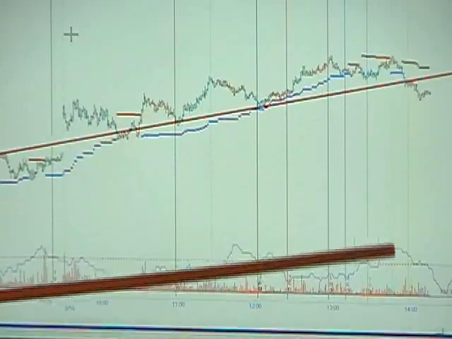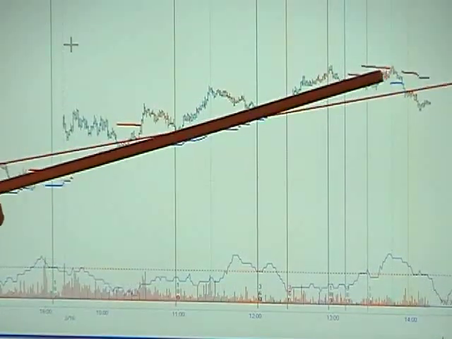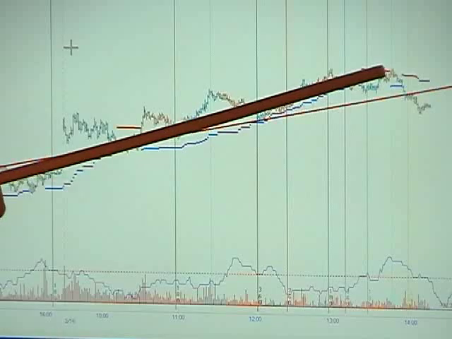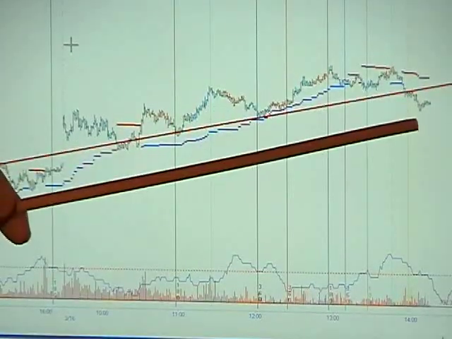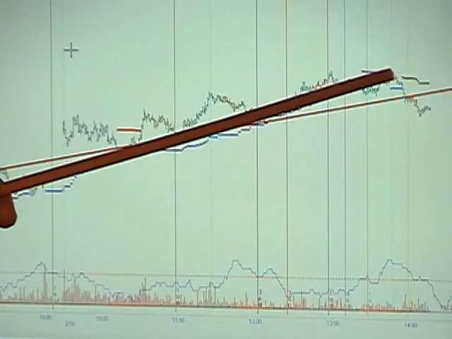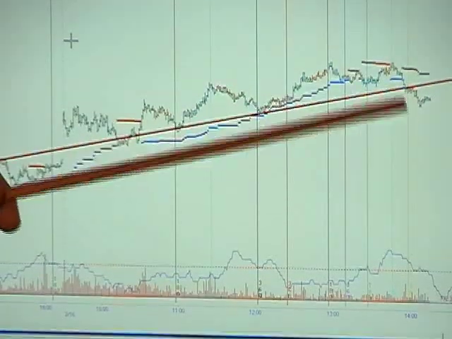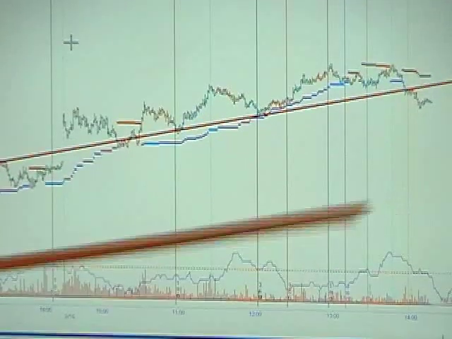This right here, this blue line, that's Uranus hitting the angle. So far on the trading day, that's the high for the day, and we've had the biggest correction of the entire day. Right within a minute or two of when Uranus hit the angle is when that correction began.